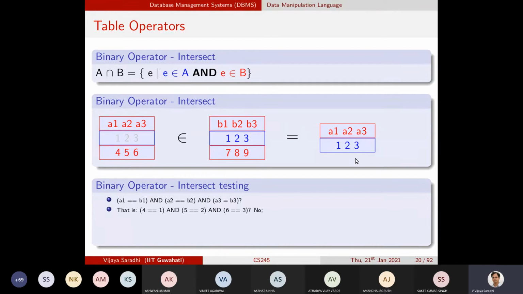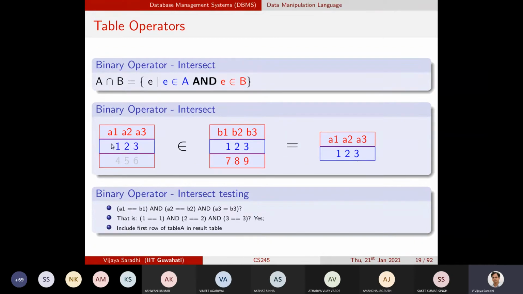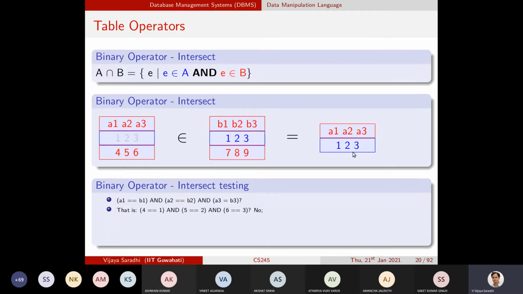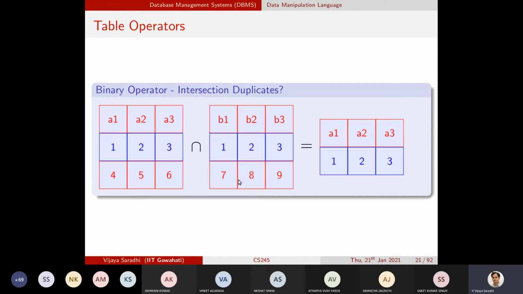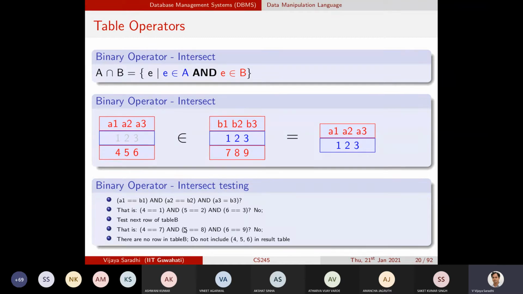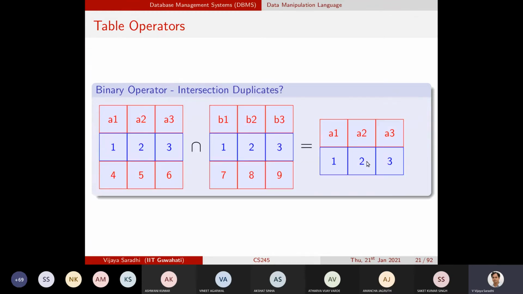So I'll perform this for every row. Here, in the first instance itself, we have got the true test. The test has resulted in a truth value, so it will be placed in the resulting set. If you take the 4, 5, 6 record, it will exhaustively scan table B, and that is what actually happens. So for both the records 4, 5, 6 and 7, 8, 9, nothing is there, so they will not be placed into the resulting table.